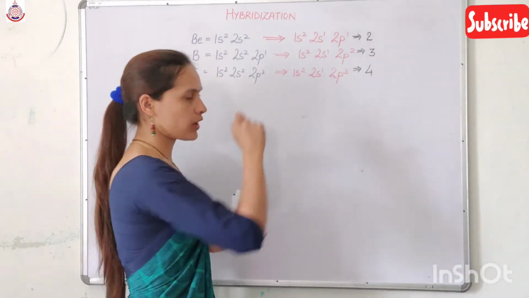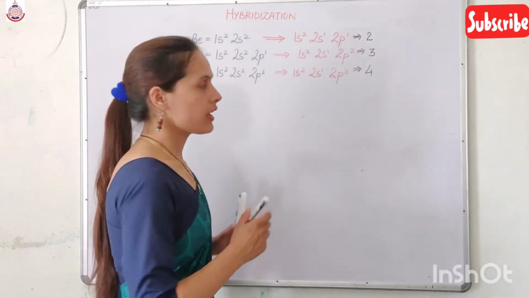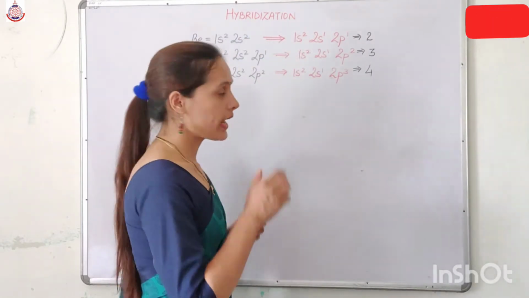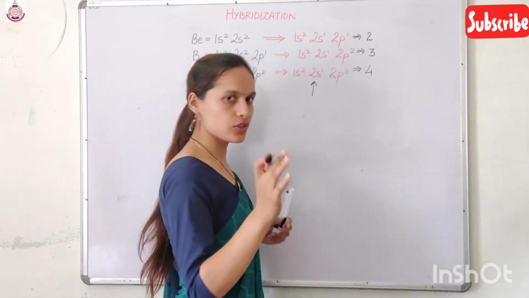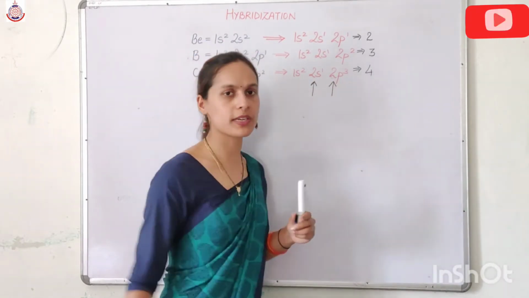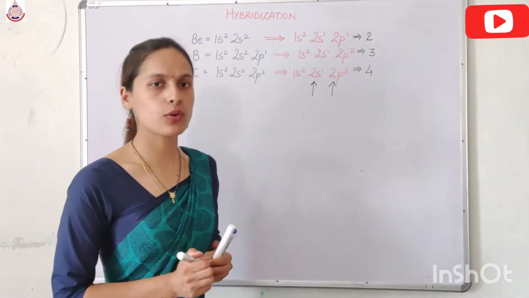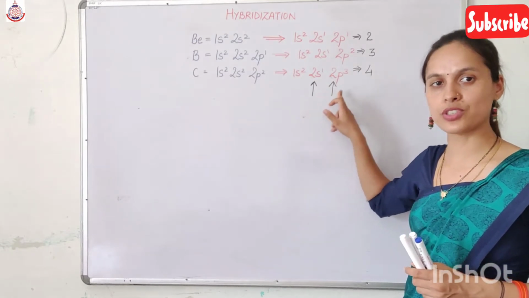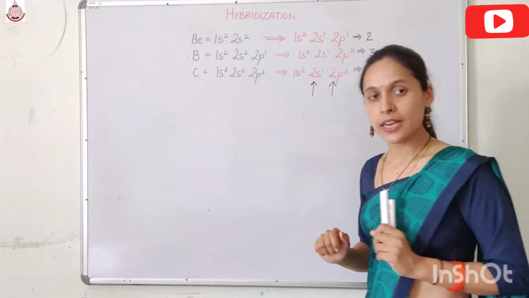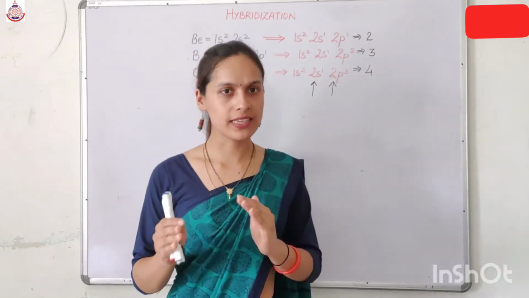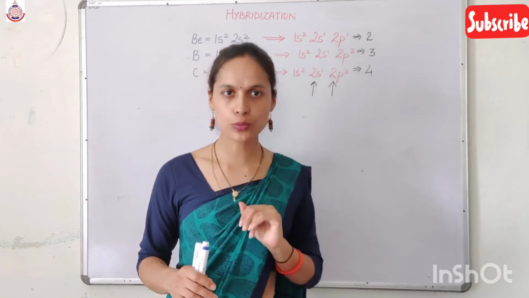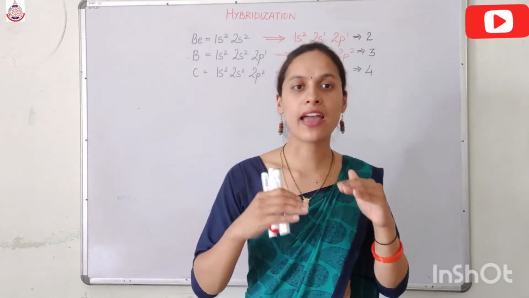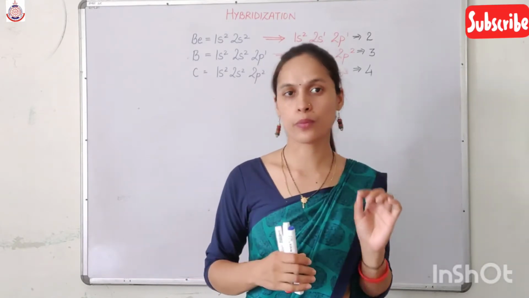Now if I take the example of carbon, suppose 4 hydrogens are approaching carbon to form methane. Clear? So one hydrogen will approach 2s and the 3 hydrogens will approach the 3 orbitals of p. In p we have 3 orbitals. So one hydrogen will approach 2s and the other 3 hydrogens approach 2p. Now because the energy of 2s is slightly less than that of 2p, therefore the energy of the bond which is formed by the 2s is different from the bond which is formed by 2p.